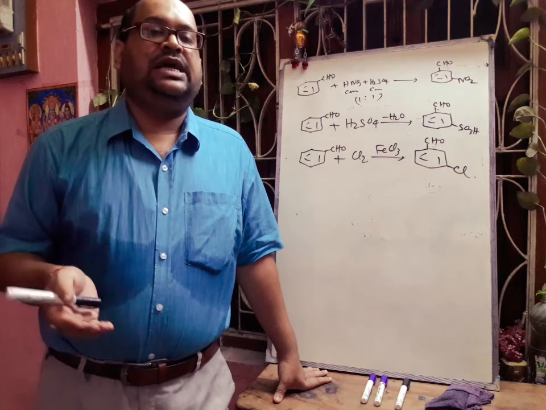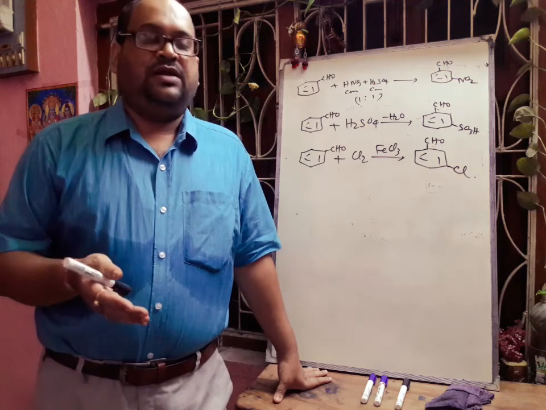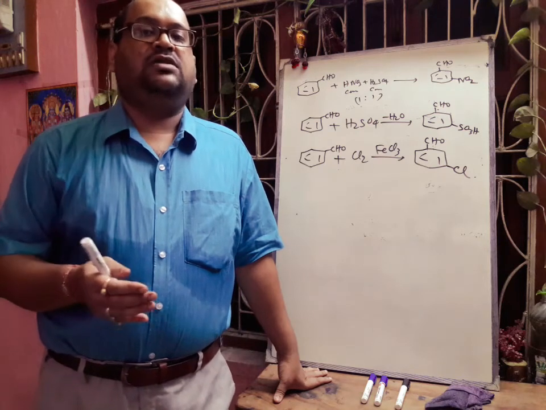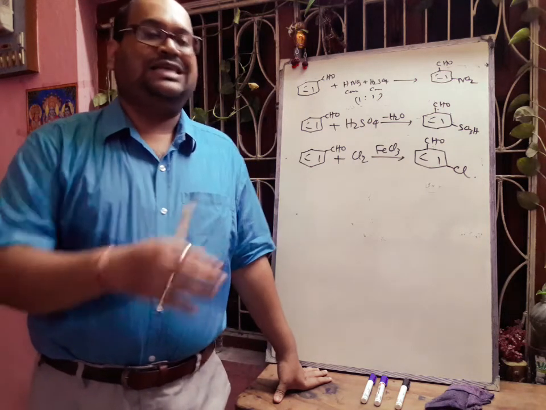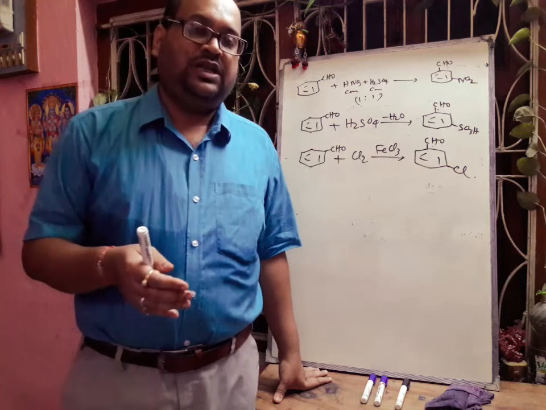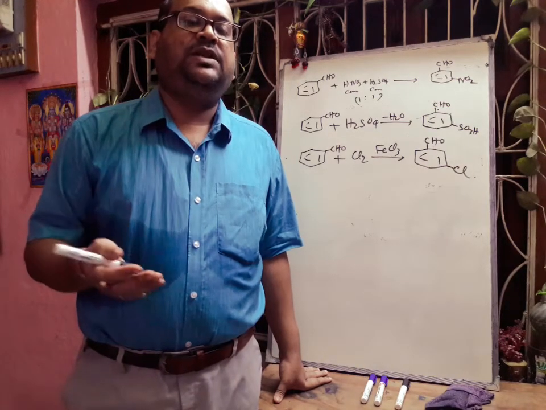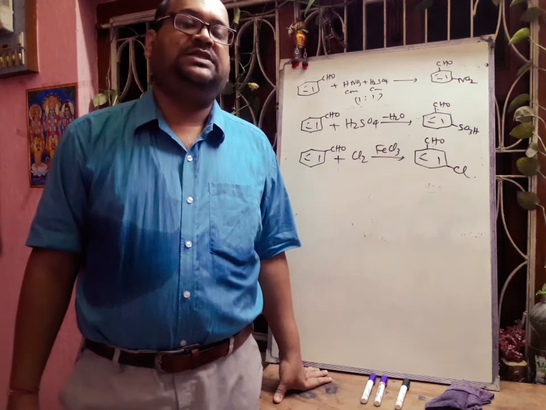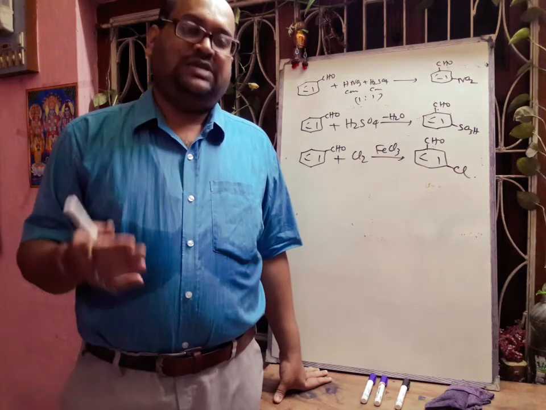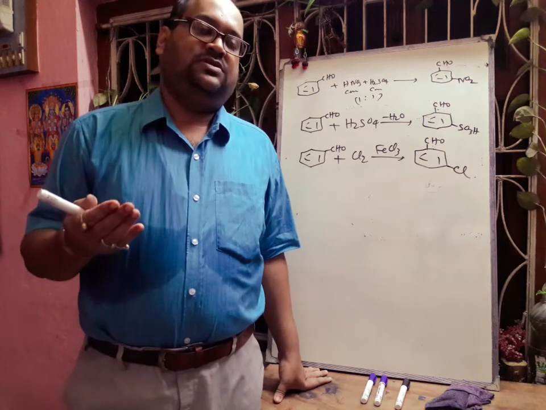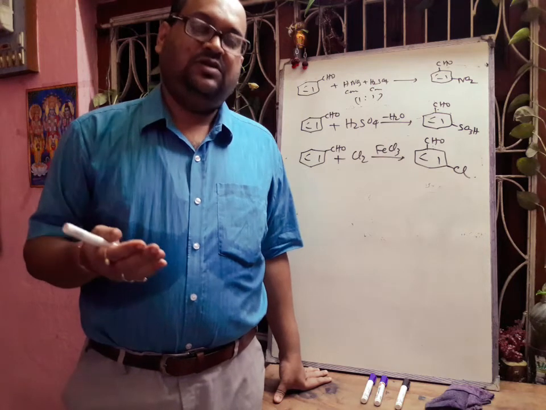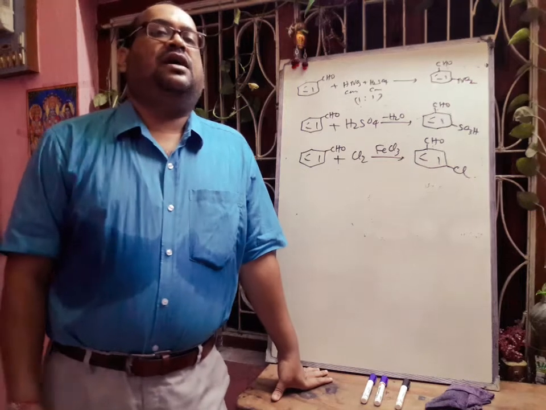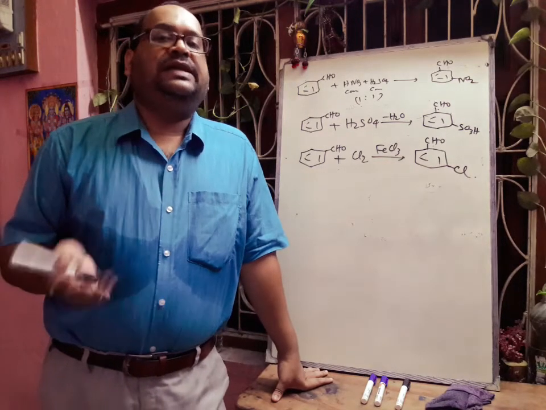In case of benzaldehyde, there will be no positive iodoform test. It will not form the iodoform. But if you think about Fehling solution, if you add Fehling solution to acetaldehyde, it will give a positive response. That means there will be a red precipitate of Cu2O. But in case of benzaldehyde, there will be no such precipitation of Cu2O because aromatic aldehyde does not respond to the Fehling test. So in this way, you can separate the aromatic and aliphatic aldehyde.